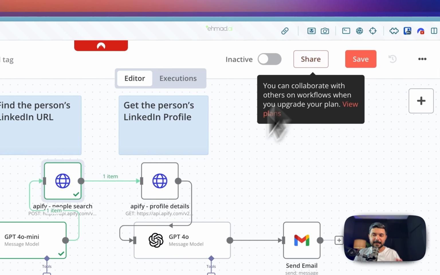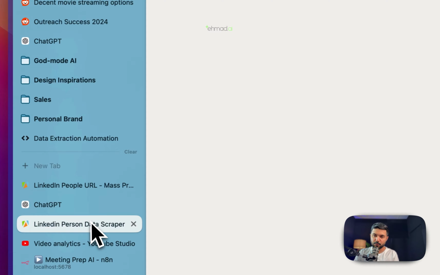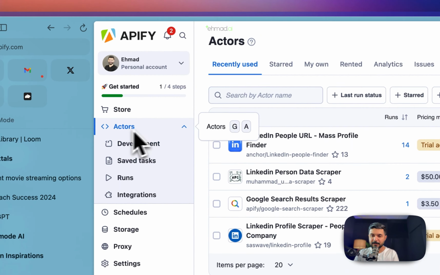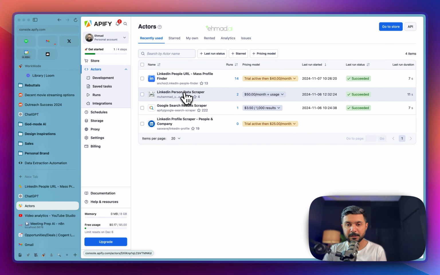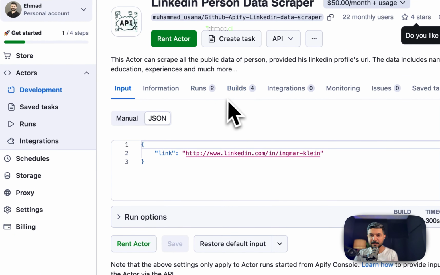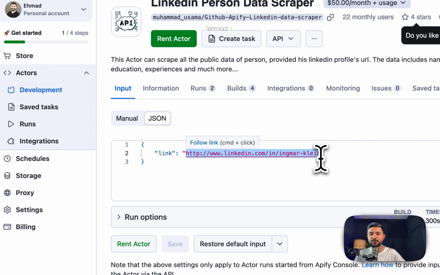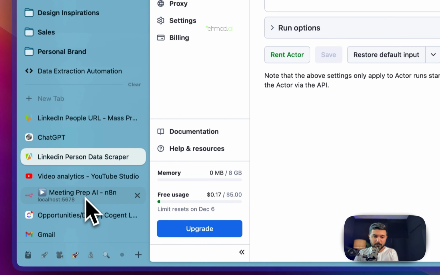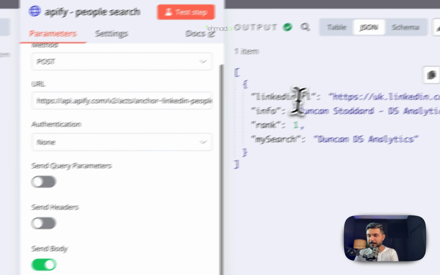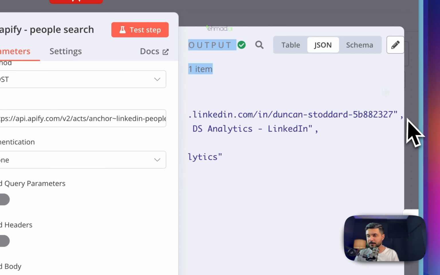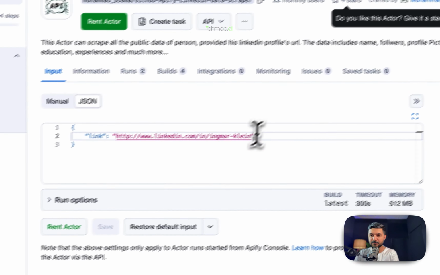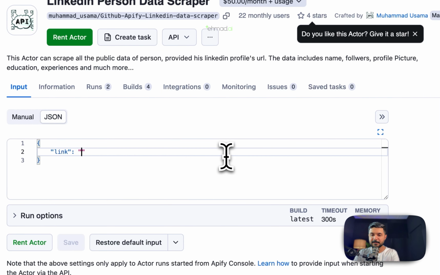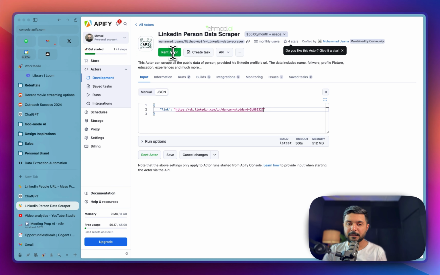And we'll do exactly the same thing with Apify now, once more. We go to actors. I particularly found this actor really good, and you can click on this, you can give it the LinkedIn URL, and it will scrape the user's profile for you. So let's just go here and copy the URL. So let's say I copy this URL from here, and I go to LinkedIn data scraper, I paste this in this second actor, and I click on